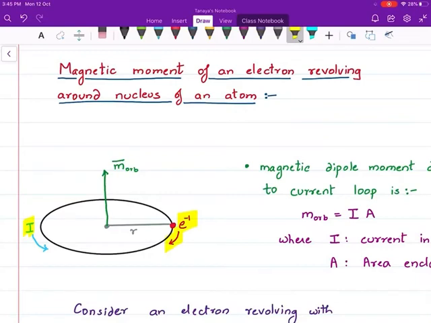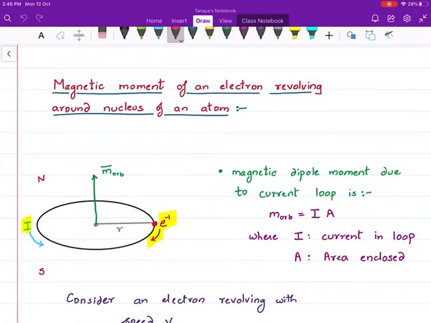I can say that there is a magnetic dipole moment which is acting in the upward direction. See how is the current? The current is in anti-clockwise direction. So I can say that this loop acts as a magnet with north pole at the top and south pole at the bottom. Is it not? And how is the direction of the magnetic dipole moment? It is from south pole to north pole. So I have this as the direction of magnetic dipole moment.